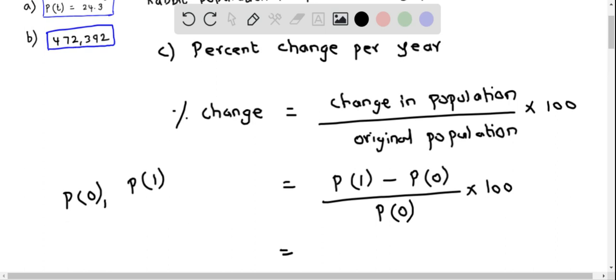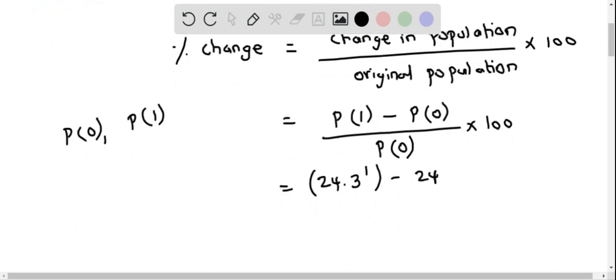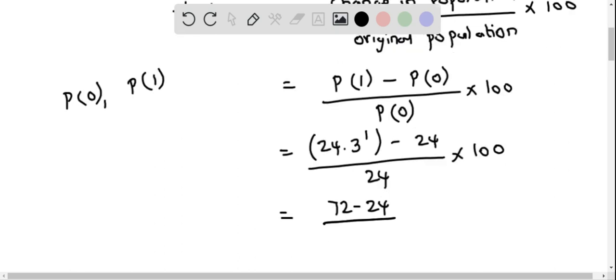So P of 1 is 24 times 3 raised to the power of 1 if we use the population model, minus P of 0, which is the initial population, that is 24, and this divided by, once again, 24, times 100. So it equals 24 times 3 is 72, minus 24, divided by 24,